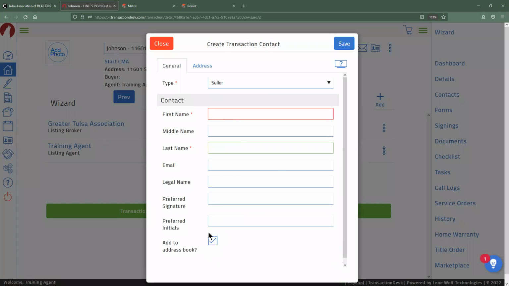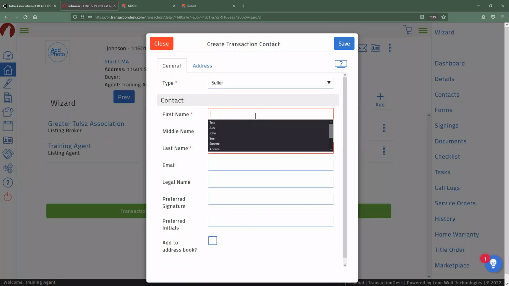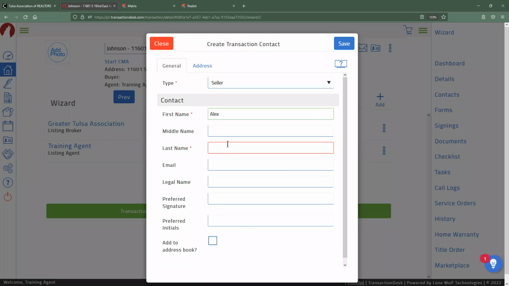Down here at the very bottom, it has an add to address book option so that whenever you fill this information out, if you need this particular contact for future use, you click on that add button and add existing contact will grab from anybody in that address book. Now, since we're running through and doing a fake listing, if you guys are following along or following along during the recording, just uncheck that checkbox so that you guys don't accidentally add somebody that's not a real client. Now, in my case, we're going to say Alex Johnson.